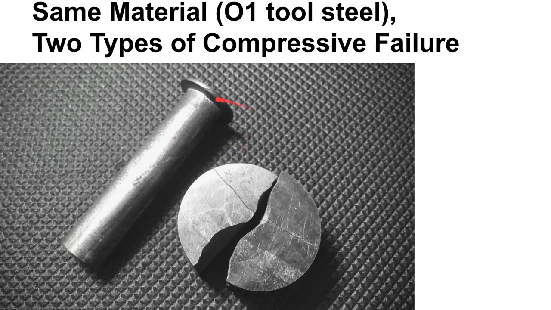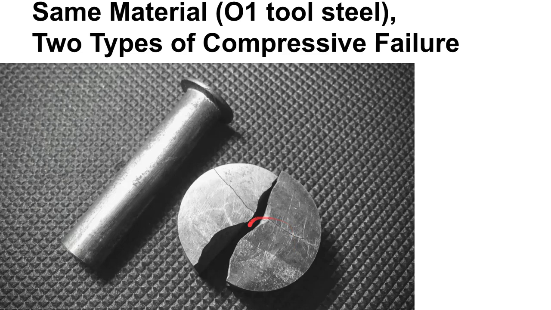All right, so these were both subjected to compressive loads, and both of them failed. They are both made out of O1 tool steel, so the same basic alloy. This one was annealed. This is a dead soft piece of O1, and I was trying to do something with this, and actually it wound up cold heading the end of this piece of steel. So this material at the end here flowed and formed this head on the piece of steel.